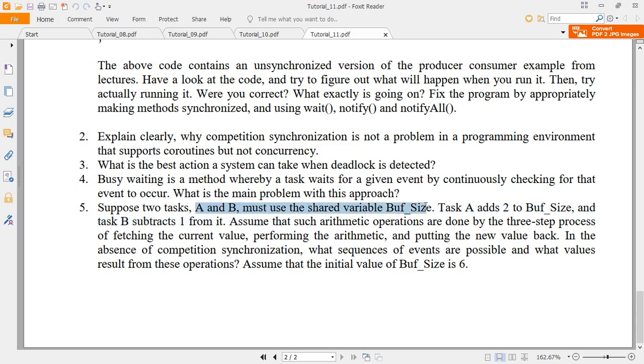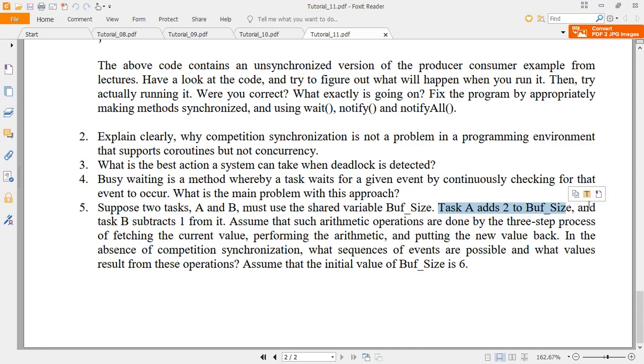While getting the value: wait, get the value, and notify. While setting the value: wait, set the value, and notify. So this must be remembered. Task A adds 2 to the buffer size, and task B subtracts 1 from it. That means thread A will add and thread B will subtract.